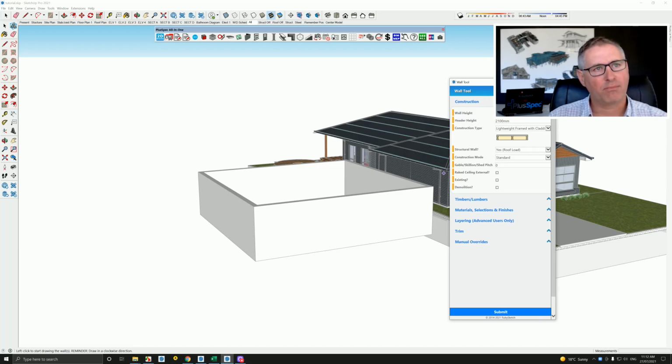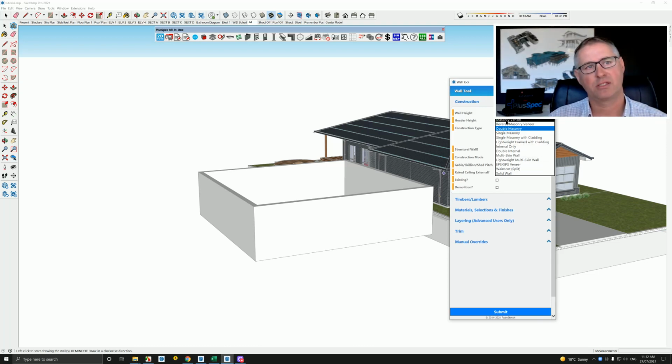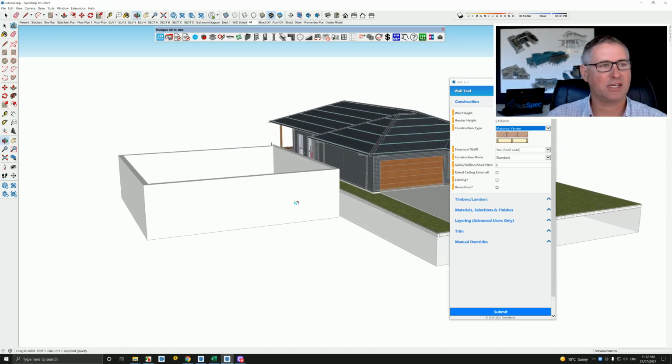and I can put in the height of my wall, and you'll notice that everything is a picture on the left hand side here. That's the top of the windows and doors. We could choose a construction method, so I might say in here masonry veneer, and that is symbolized by these images here. We might say double masonry, or we could say any construction method out of here, and these are all the main construction methodologies all the way around the world. So I'm going to choose masonry veneer in this instance here,